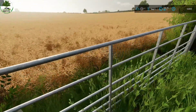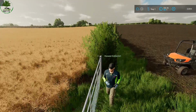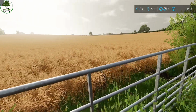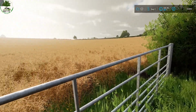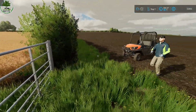How high was the moisture level when you tested it? It wasn't majorly high. It's probably too high now, but I'd say about lunchtime it should be fine. Yeah, we'll come down and give it a test then. All right, well, that just gives us a chance to